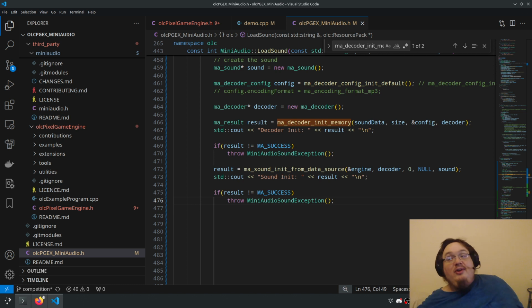But it doesn't. But when I use the built-in file loading function, it does. So there's something wrong with the way that I'm doing it, even though the way that I'm doing it is the way they're telling me to do it.